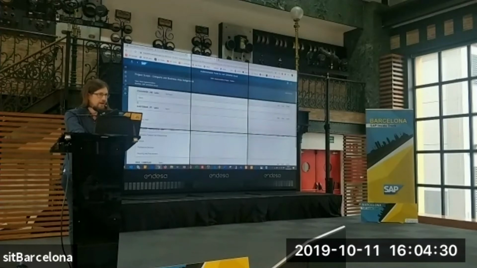Once you define the project team, you define the scope. In S/4HANA Cloud projects, the scope is lower than on-prem. It's not really possible to create custom development. It's totally the opposite of what people are used to. All of us here like to create custom development or programs for different projects.